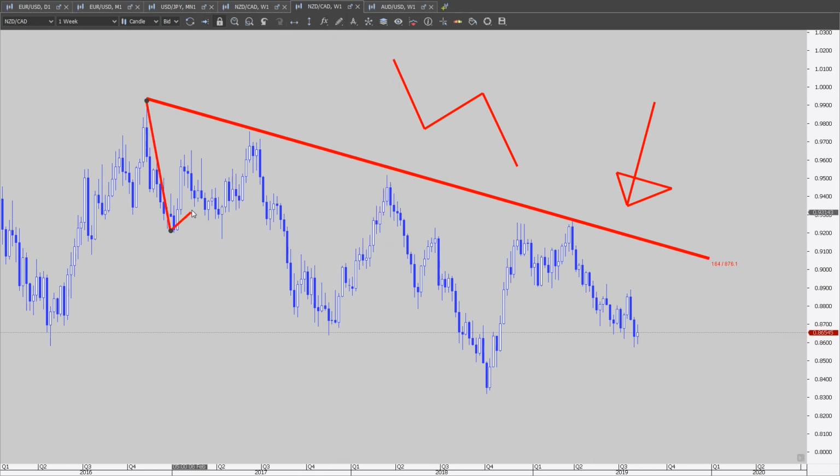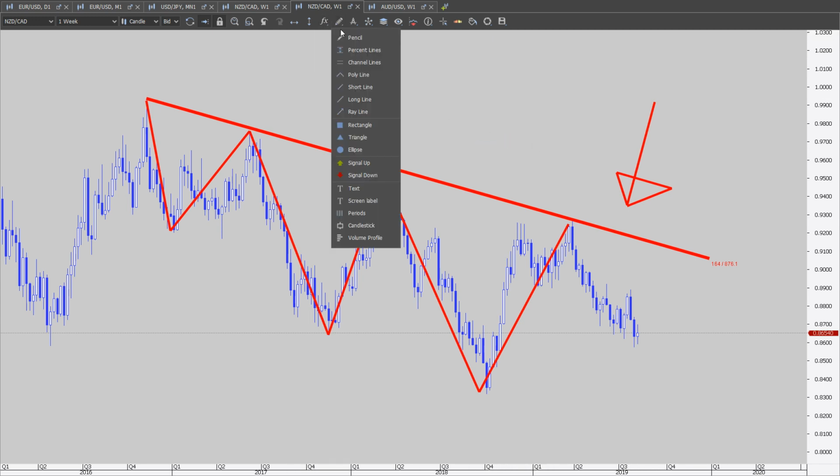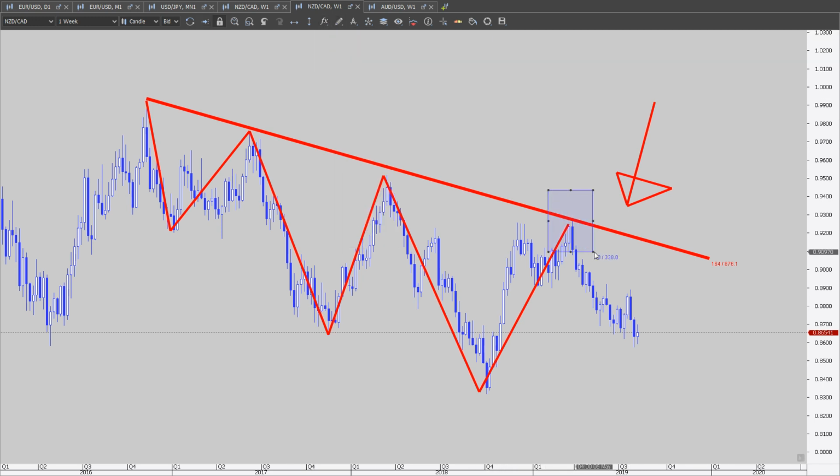If this is structure, MJ, right? And the most recent structural high is this one, and if the market breaks for some reason, not the downtrend line, but the structural high,